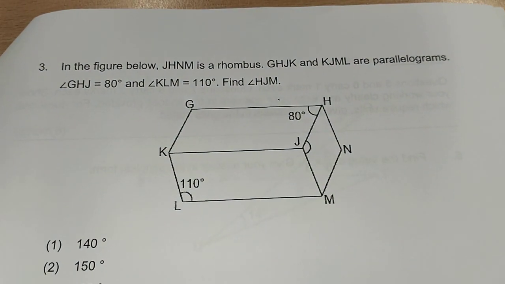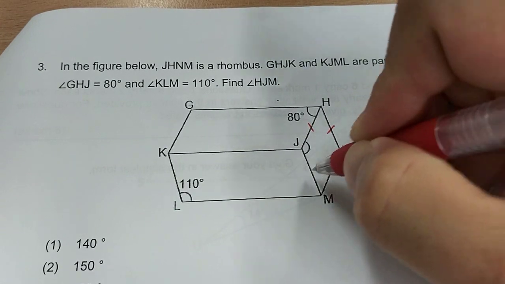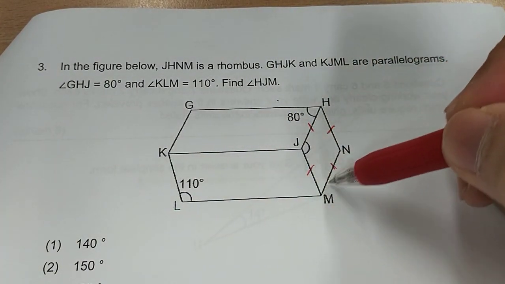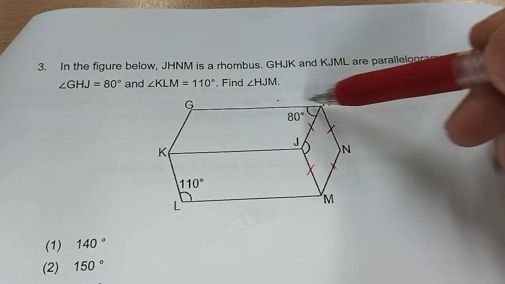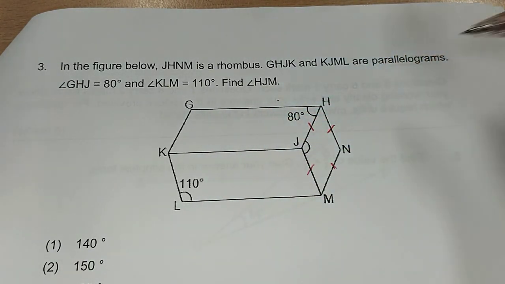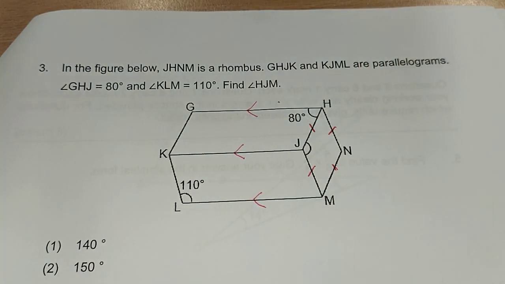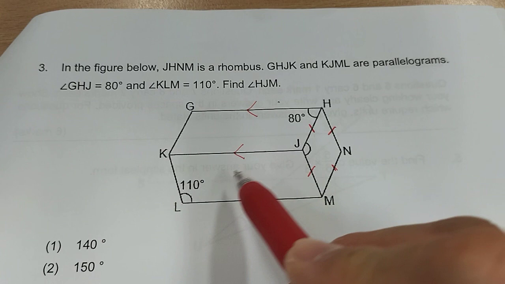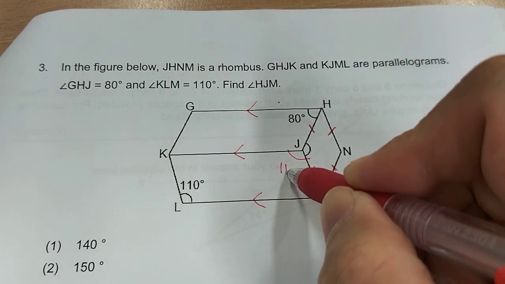In this figure below, J, H, and M is a rhombus. Rhombus means I can insert in my toothpicks to show that all these sides are equal. Next, G, H, J, K, this is a parallelogram, and K, J, M, L is also a parallelogram. This tells me these 3 lines are parallel to each other. And because they are parallel, I know that the opposite angles of a parallelogram are equal. Therefore, this angle is also 110